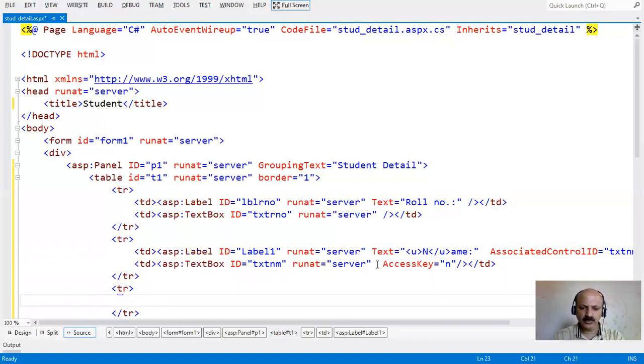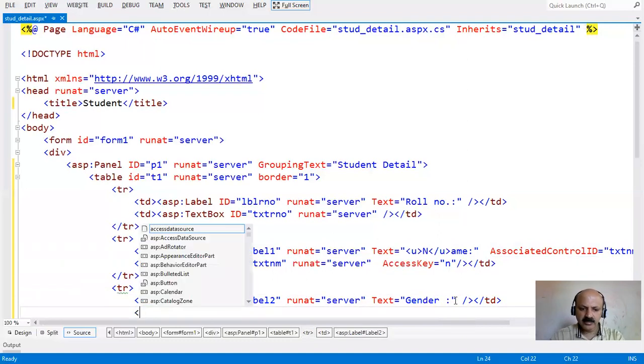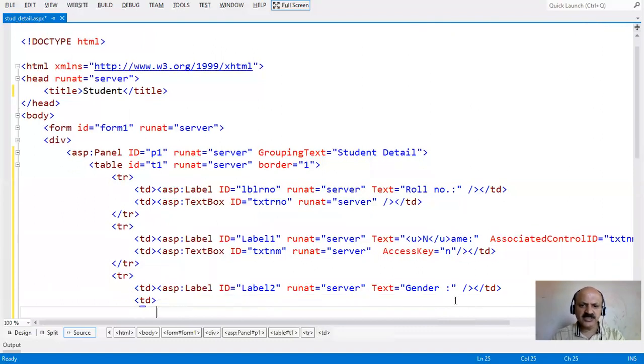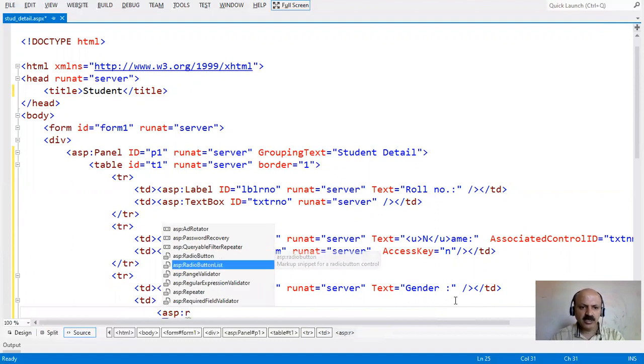Next we take the third row, and in that row we just copy this label with Control C and Control V. The third field of the student is gender. In gender we have to take the radio button. In ASP.NET there are RadioButton and RadioButtonList. In this session we use the simple radio button.